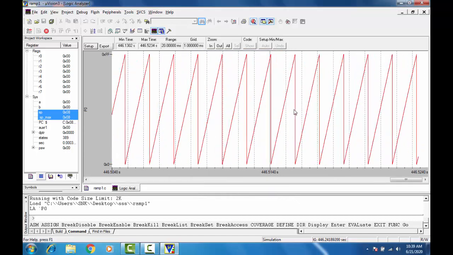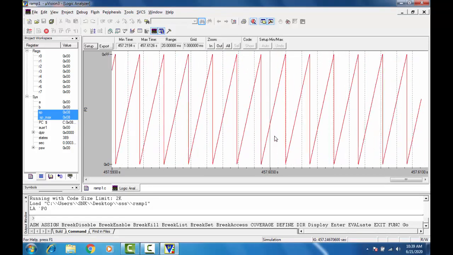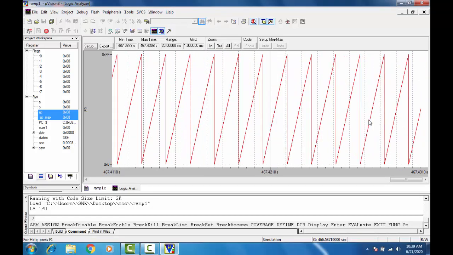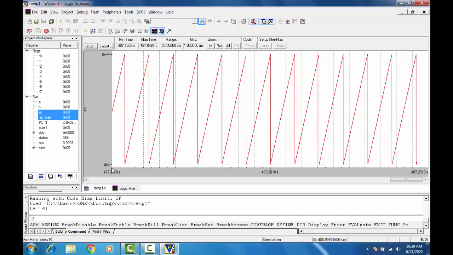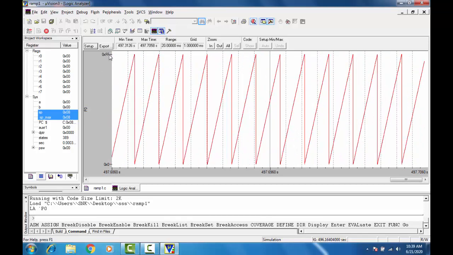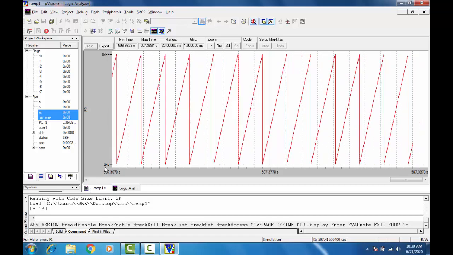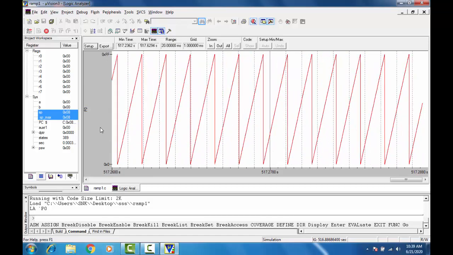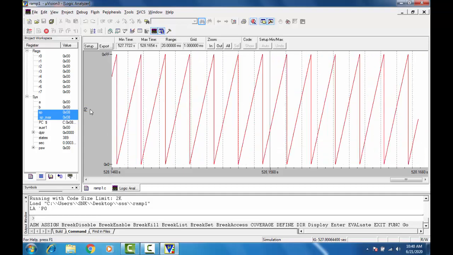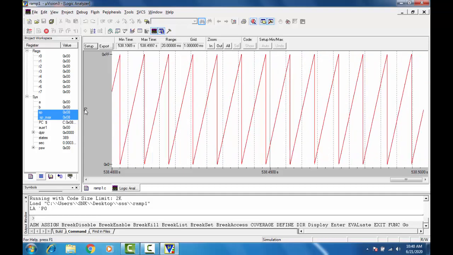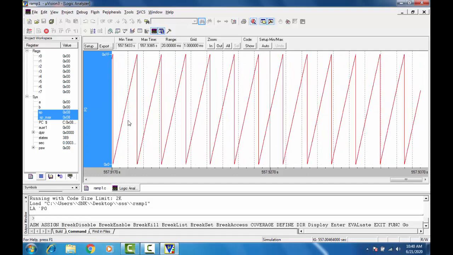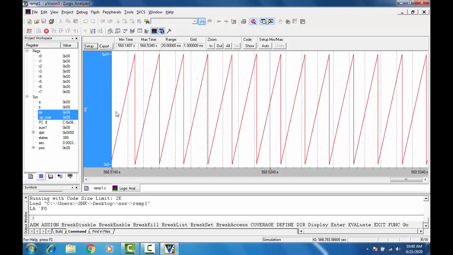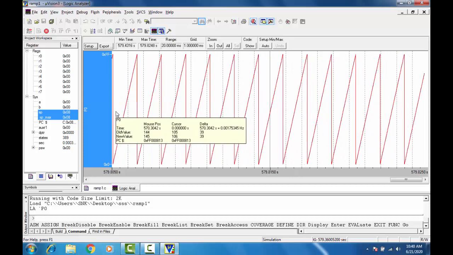Hope you all are able to see the ramp wave, right? So it is starting from 0x00 to 0xFF, that is the maximum value. 0x resembles the hexadecimal value, right? And here hope you are seeing P0, this part, right? So this is how we can execute. We can run the program in the Keil MicroVision 3 software.